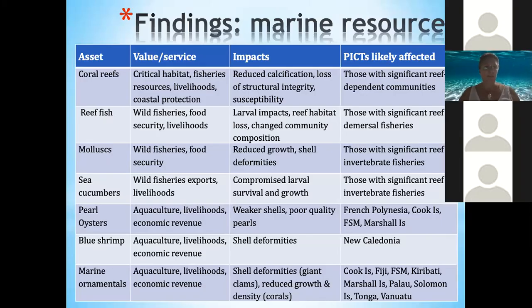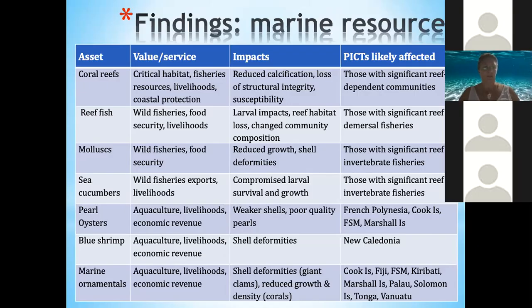So coral reefs, and you can see them listed here. These are the most vulnerable marine resources, and most of them are calcifying. As you said, they build skeletons such as corals that then build the structure of coral reefs, or things like mollusks, so clams and the like, sea cucumbers. They all depend on the ocean chemistry or compounds from the ocean to build their skeletons and shells. So they obviously were the most vulnerable.